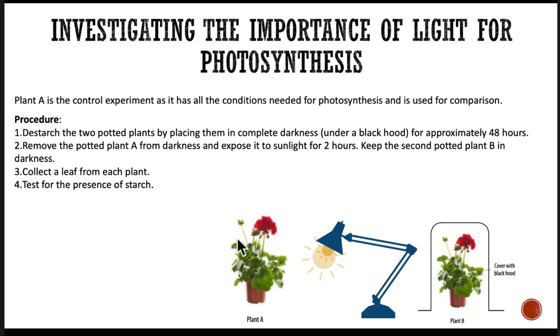And then we're going to remove plant A from the darkness and expose it to sunlight for about 2 hours. Here we're using a lamp, but plant B is still under a black hood. So we're keeping this as a control here. And then we're going to pluck a leaf from each